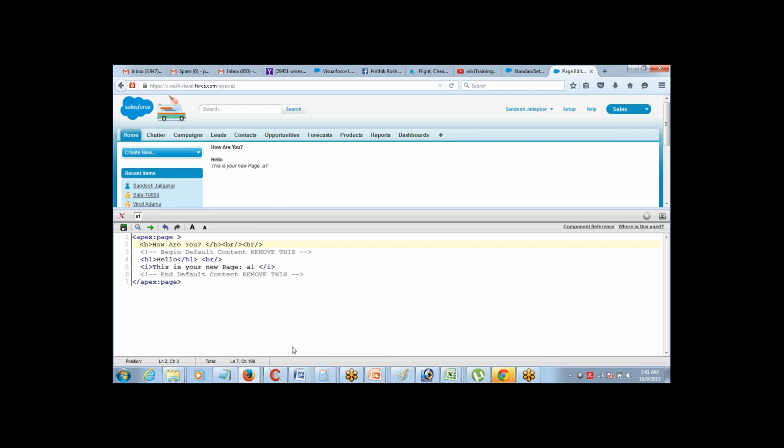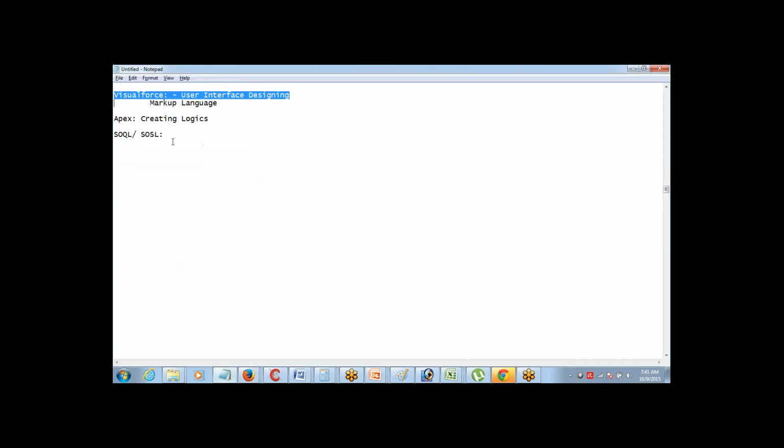Now there's another concept that I want to talk about: a Visualforce component and attribute.